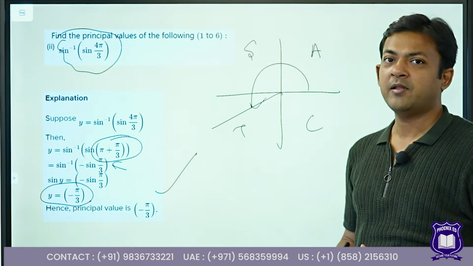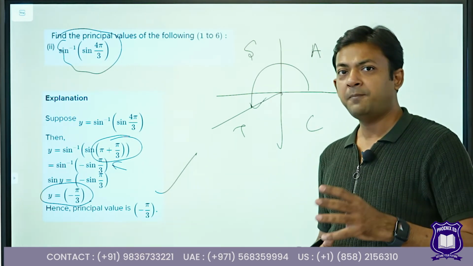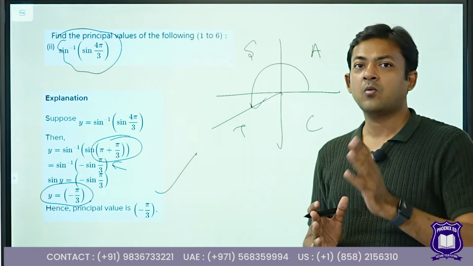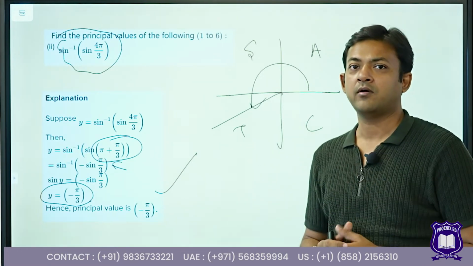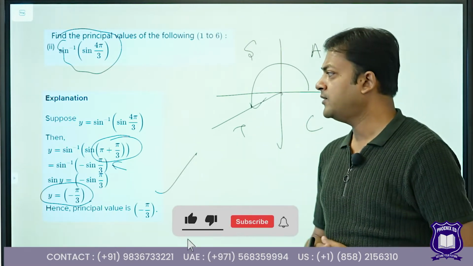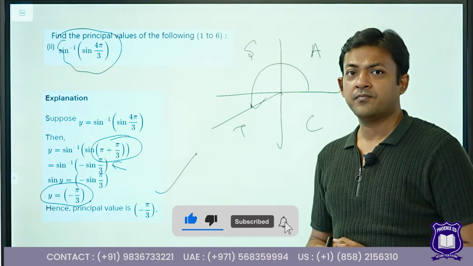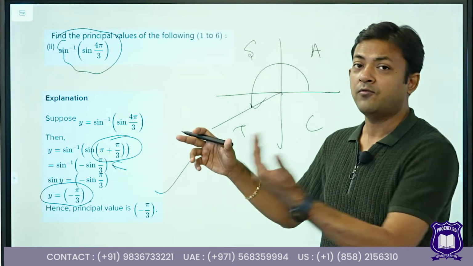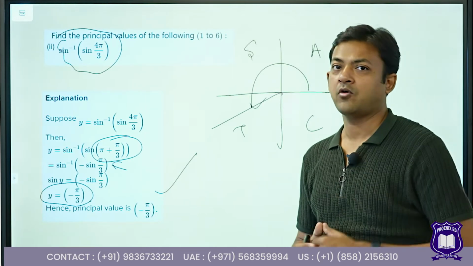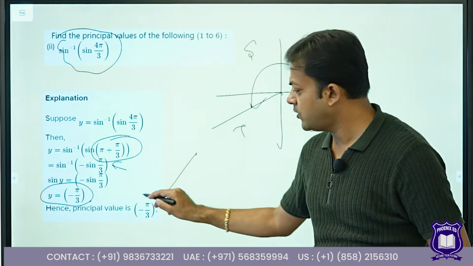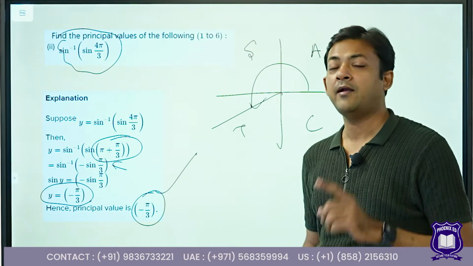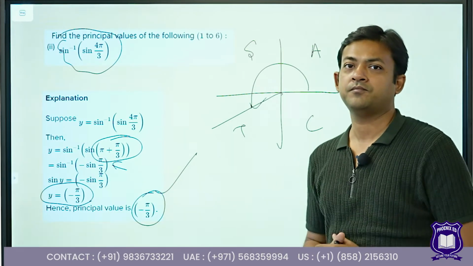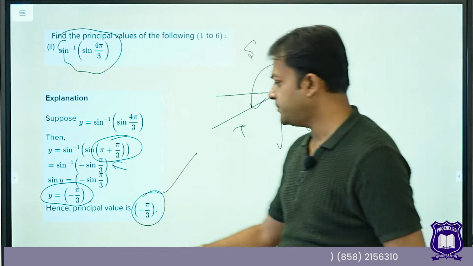The principal difference between the previous problem and this problem is that in the previous problem, since the range of cos was between 0 to pi, the requirement was to pull the angle into the second quadrant from the third quadrant. Although in this particular problem, since the range is minus pi by 2 to plus pi by 2, we need to pull the value back into the fourth quadrant rather than the second quadrant. Hence, pulling it into the fourth quadrant, we get minus pi by 3 and not 2 pi by 3. Please note the difference between the previous problem and this problem. Let's move on to the next one.